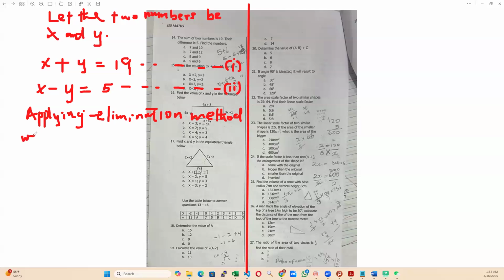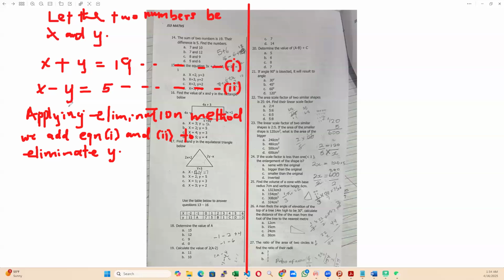So we add equation 1 and 2. We add equation 1 and 2 to eliminate y. So x plus x, you see, because